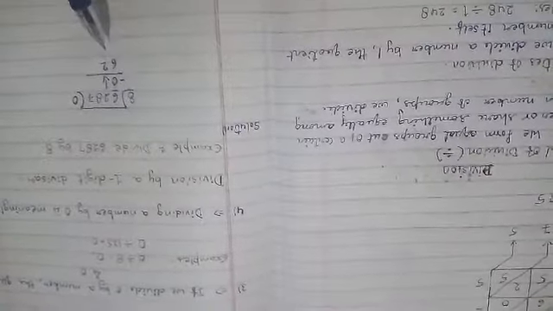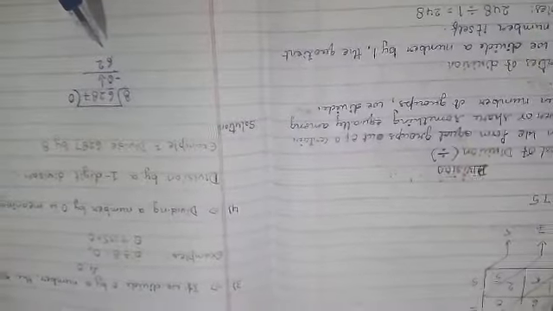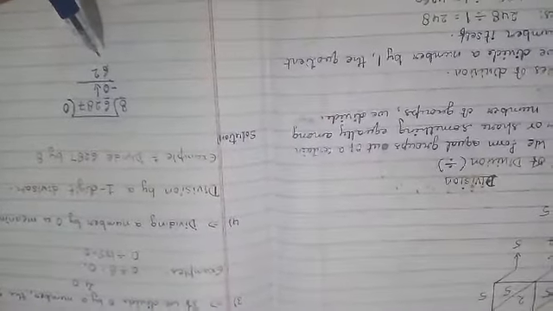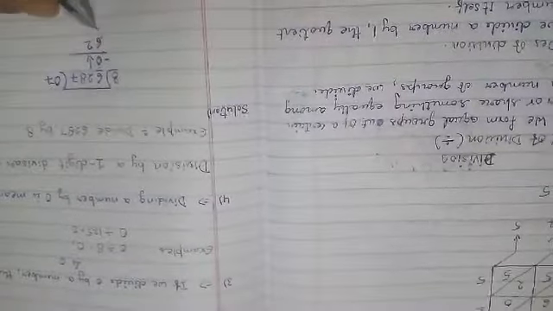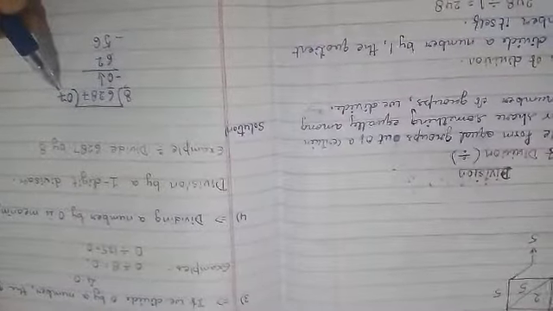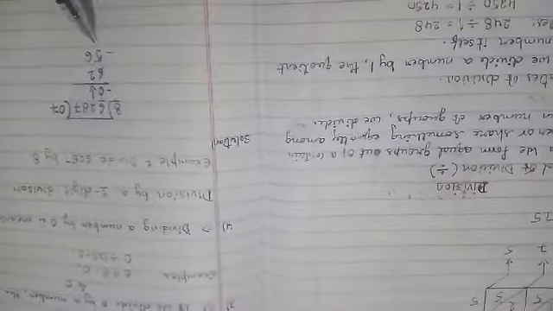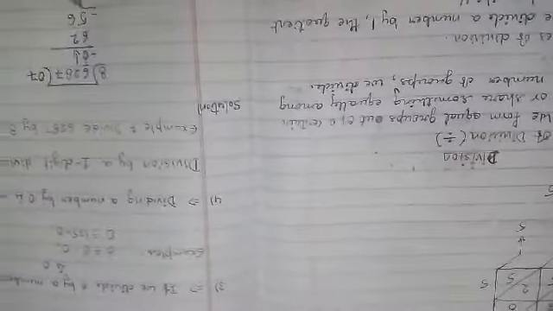So let's read the 8 table. 8 ones are 8. Like this you can read, or better, do the table skipping. Now I will take 8 sevens are 56. 7 I have written here. How many times I read the table, that I will write here, and whatever answer I get after reading the table, that I will write here. So 8 sevens are 56.